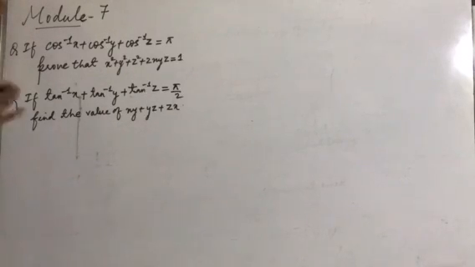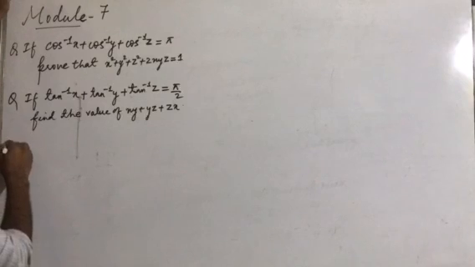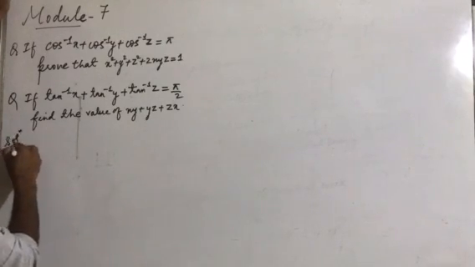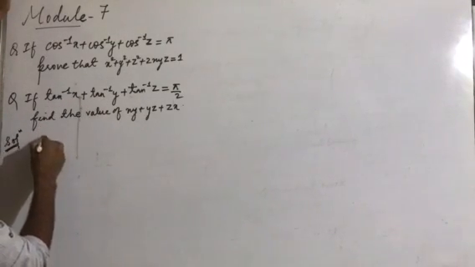In these types of sums, children, keep in mind that if three of the inverse functions are given on the left hand side, and on the right hand side you have either pi or pi by 2, you have to take one of the inverse functions to the other side. So let's start with the second sum only, because it will be a continuation here. Like it is given in the second question, given